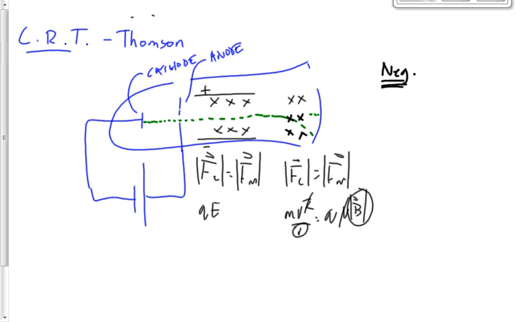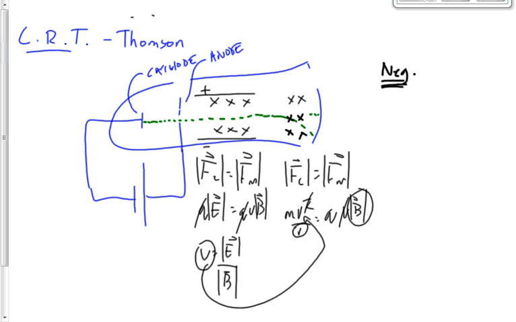Q times E is equal to qvB. The q's cancel. I'm solving for v here. The speed of the particles that go through undeflected is equal to E over B, which gives us another variable here